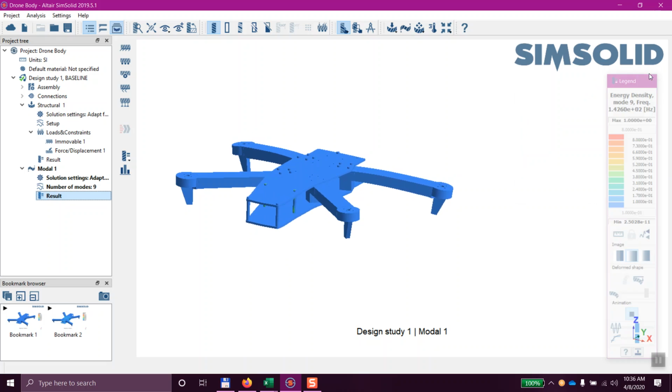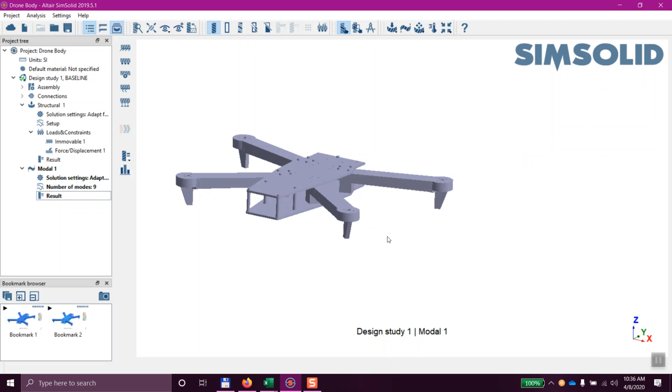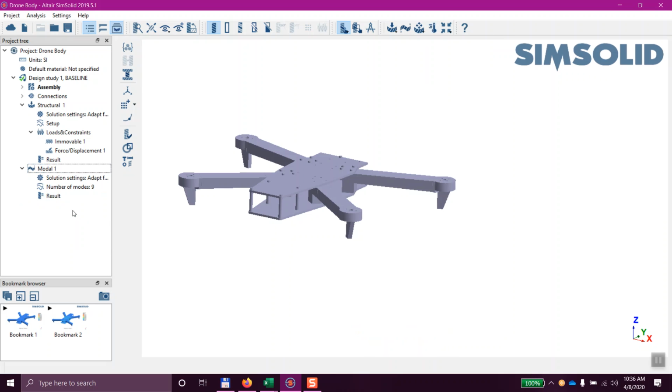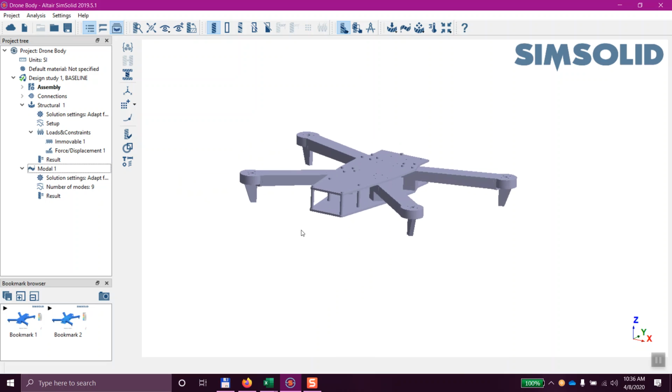Okay, so let me get out of the post-processing here. Now, there are many other types of analyses that we can run: structural, nonlinear. We can do transient, frequency response, random response, thermal. I don't want the thermal in there. Let me delete that. So there are many other types of analyses. In the time that we have here, what I want to show you is another important aspect of SimSolid, and that's analyzing design changes or analyzing different